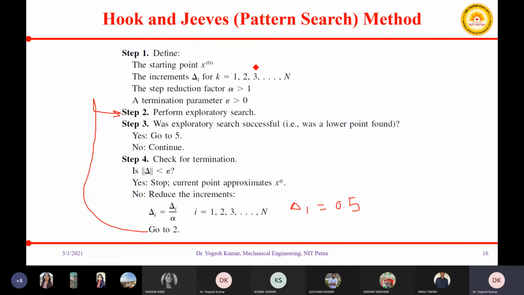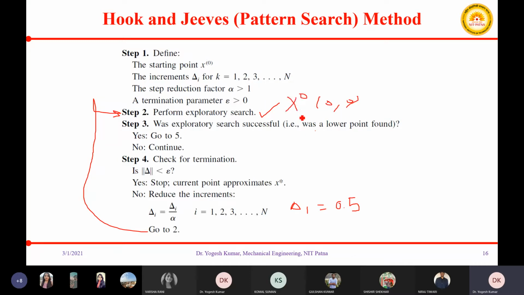As soon as you reach step number 2, you will again perform the exploratory search. In that case also, previously you gave an increment of 1. Now you will give an increment of 0.5 to your starting point. So suppose you were having a starting point x0, x0 is 0, 0.